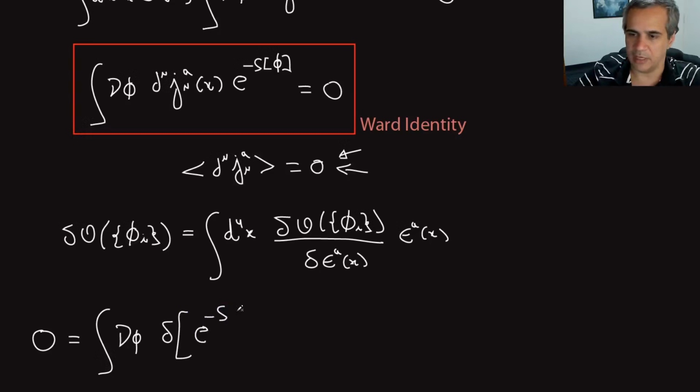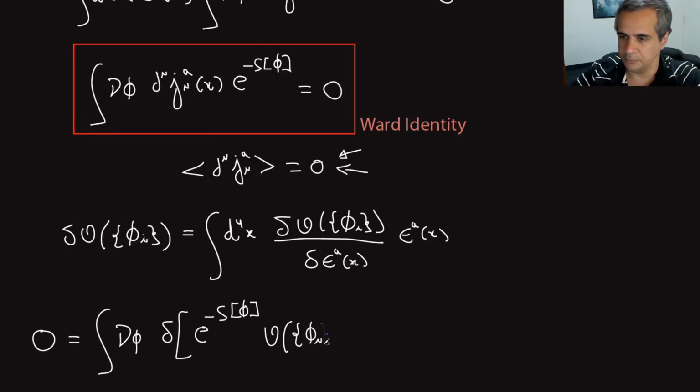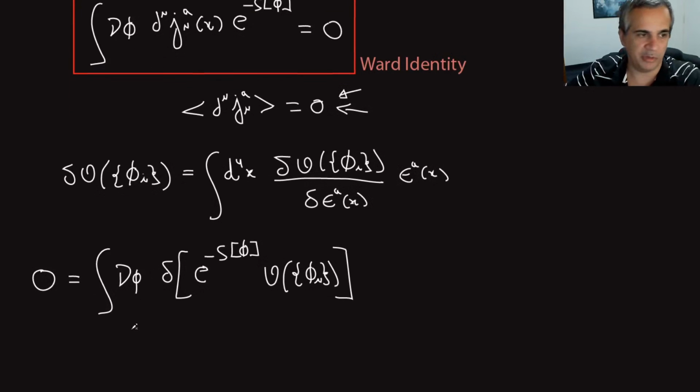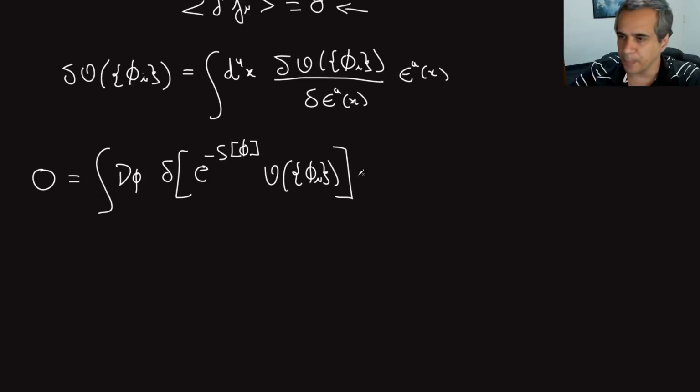The integral is exponential of minus S[φ] times the operator of φ_I, right? Same thing I did before, just wrote the same integral twice and subtracted it from itself, which is automatically 0. The only trick here is that I was able to assume there are no anomalies and assume the Jacobian was 1, right? Now, this I can rewrite in terms of epsilon using this expression here.